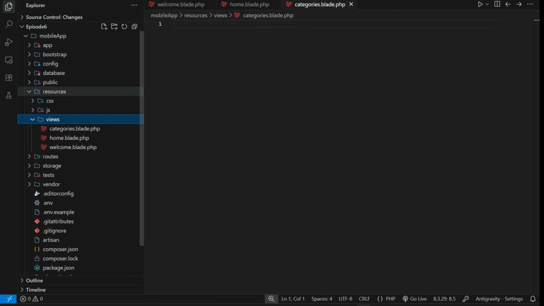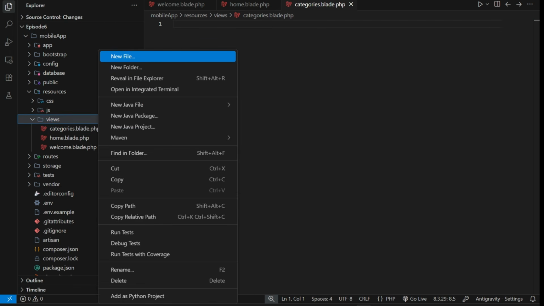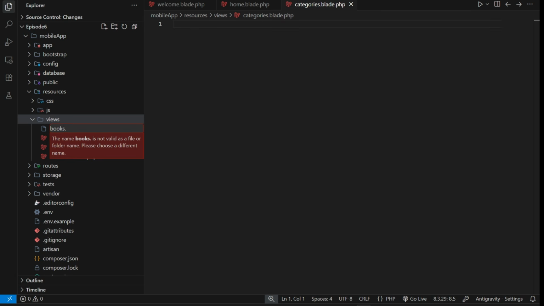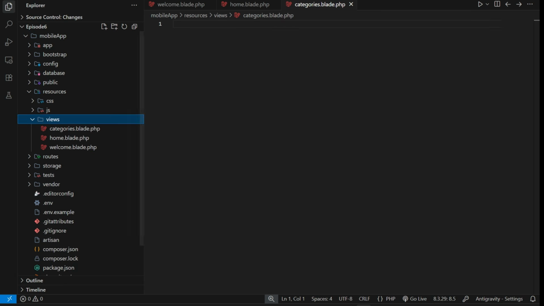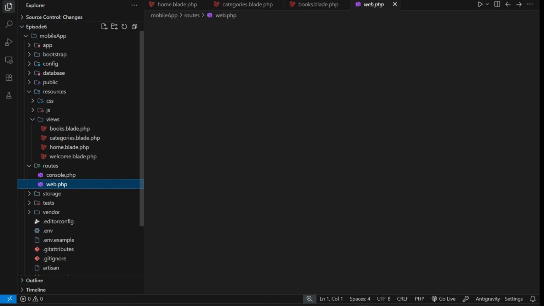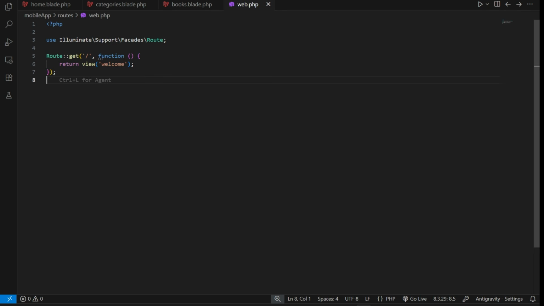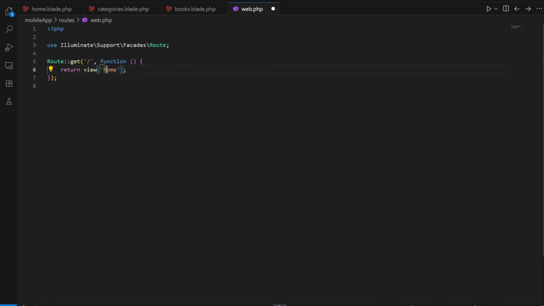And the third view is, sorry, books.blade.php. Just this, we create these views, and I'll remove this welcome from here. And I go to routes, web.php, and within this I define the routes for these views that I created. And here on this get route I return the view of